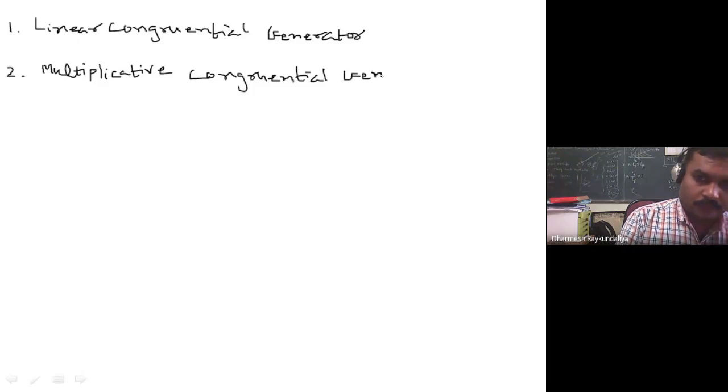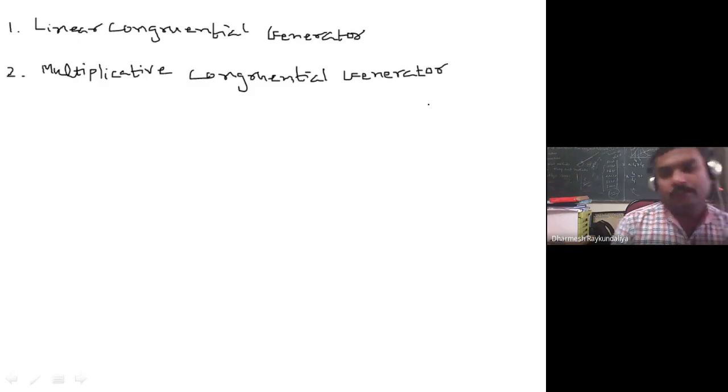Second is the multiplicative congruential method, or congruential generator.